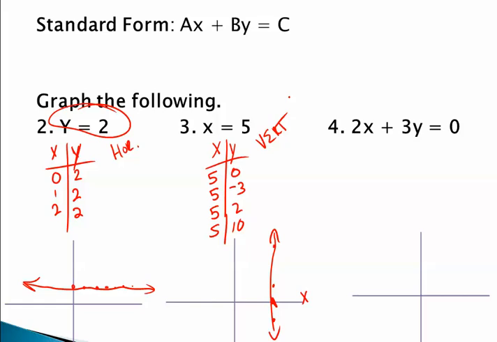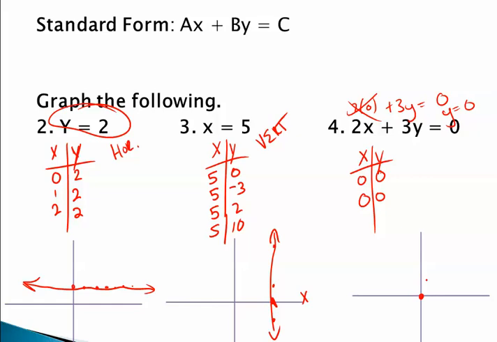And finally, let's look at number 4, where graphing a T-chart, and if I go to do my x and y intercepts, it's not as easy as it may seem. So if I put in 0 for x, 2 times 0 plus 3y equals 0, you'll notice that when I go to solve for y, it's at 0. And if I do the same thing for y, it would be at the same point. So the same point is at the origin,